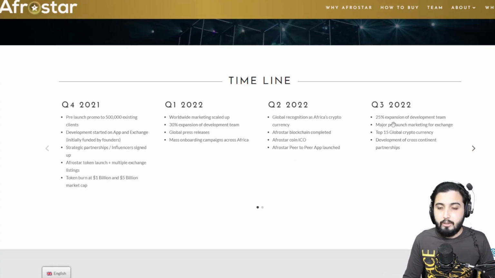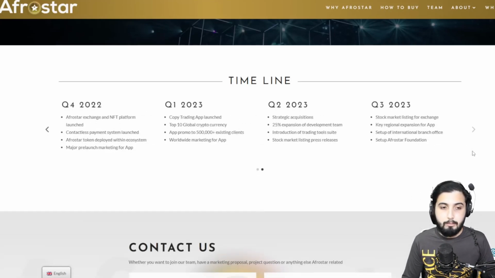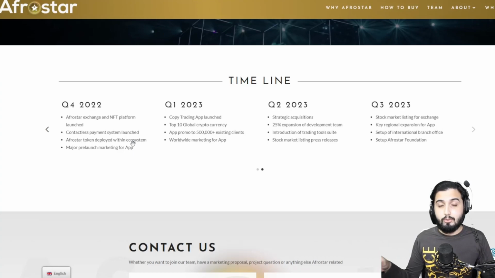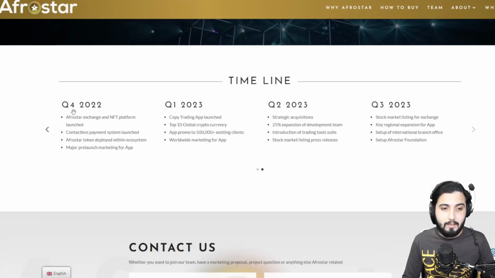in this quarter. In quarter 3 of the next year, 25% expansion of development team, major pre-launch marketing for exchange, top 15 global cryptocurrency, development of cross-continent partnership. And quarter 4, actually they have planned out the quarters even of 2023. That's pretty amazing. In quarter 4, Afrostar exchange and NFT platform will be launched by the end of next year. Contactless payment system launched, Afrostar token deployed within ecosystem, major pre-launch marketing for app,